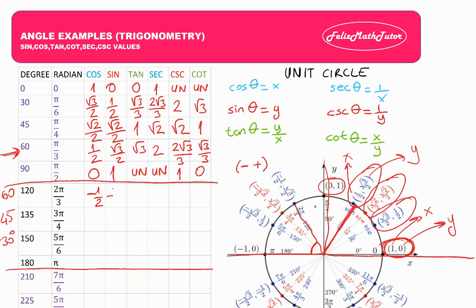Then sine is square root of 3/2, and so on. And the only differences we said are signs. So when you divide these two each other for the tangent, I will get